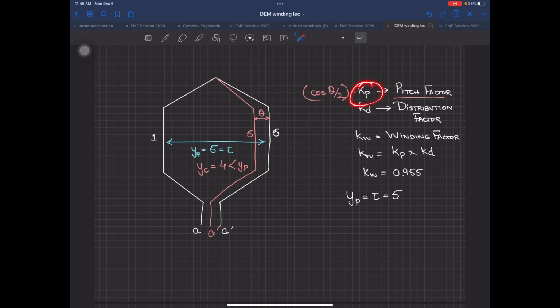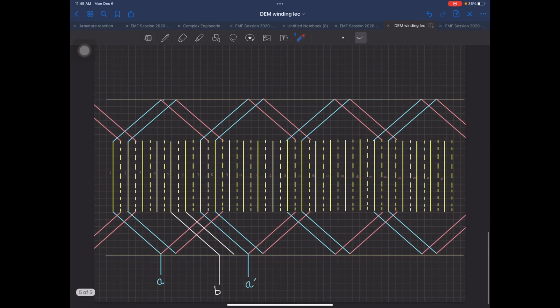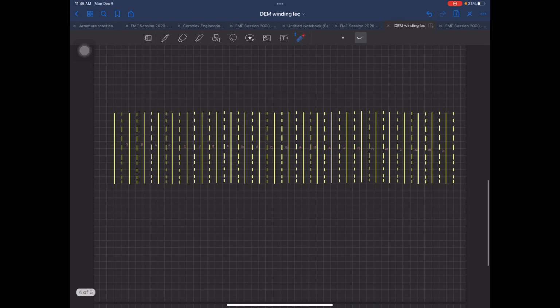Because if your Kp becomes 0 for that harmonic, then automatically your voltage, whose formula was EPH equal to 4.44 F into phi, that EPH will automatically become 0. So the third harmonic, fifth harmonic, seventh harmonic, they will be cancelled. So please kindly, I will share this document on MS Teams also. I will share this one. I will delete this, in fact I will make it blank so that you can draw it yourselves, but use color pencils. Okay? So this is all for